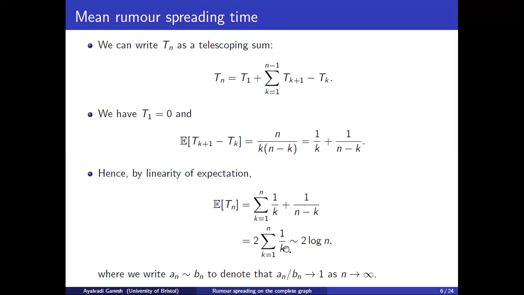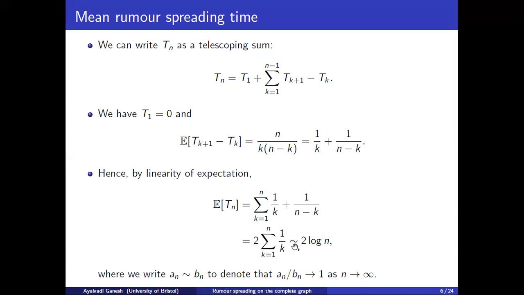You might know already that the sum of the first n terms in the harmonic series is approximately log n. You can also show this is the case by approximating the sum by an integral. That's in the lecture notes. I won't go through this again. You can check the lecture notes for that. So this sum is approximately log n, and it's a bit more precise than that.